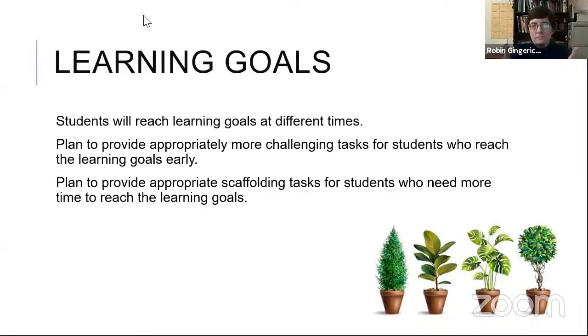Then what do we do? Can we give them more challenging tasks when they've reached those goals early? Some of our students will take longer to reach those learning goals. How can we scaffold tasks for students who need more time to reach the learning goals? What is scaffolding? Well, scaffolding is just giving extra. It means giving extra support.